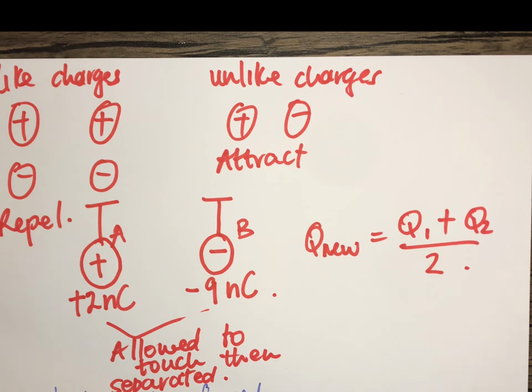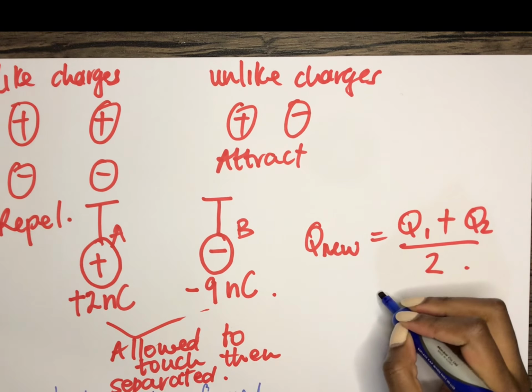Even if you had a situation where both were positive, let's say you had a positive 2 nanocoulombs and a positive 9 nanocoulombs, then it means the electrons are going to be transferred from the more negative sphere, which is the plus 2 nanocoulombs, right? So what happens when these two are allowed to touch? Like I said, you can quantify. So you can say